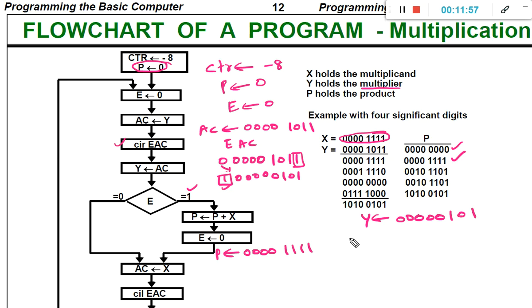Now, after updating the P value, reset the expansion bit value to 0, and then what to do? Assign the X value to the accumulator register.